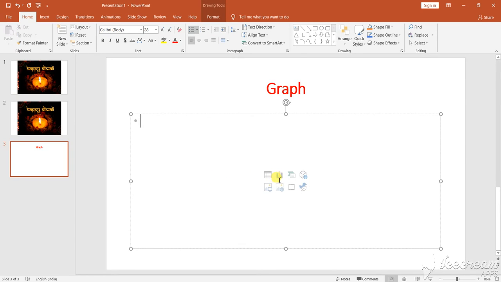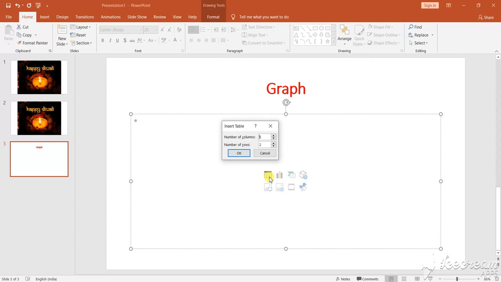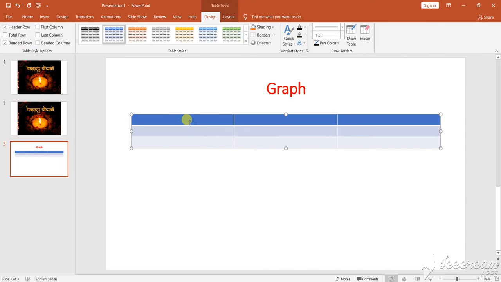Now next I'm coming to the table, creation of the table. Suppose this is a table, double click on it. So for the table, how many rows? Suppose 5 rows, 5 columns. No, I am decreasing the column number. Suppose 3 columns, and suppose 3 rows I am making. So 3 columns, 3 rows.